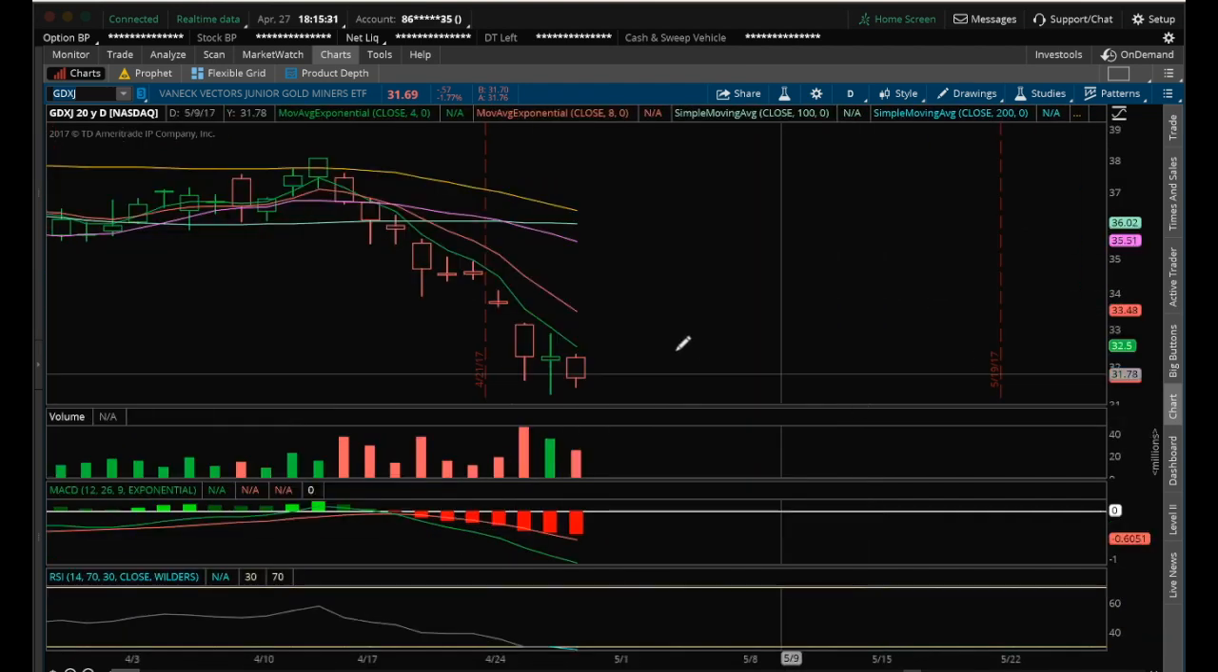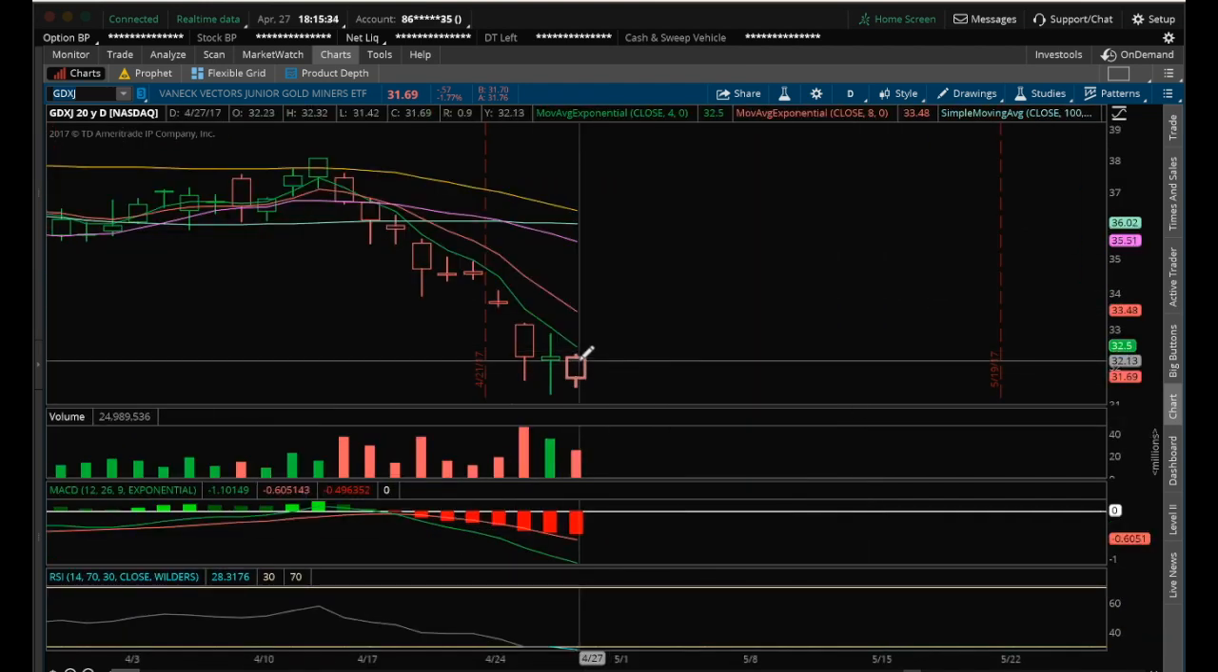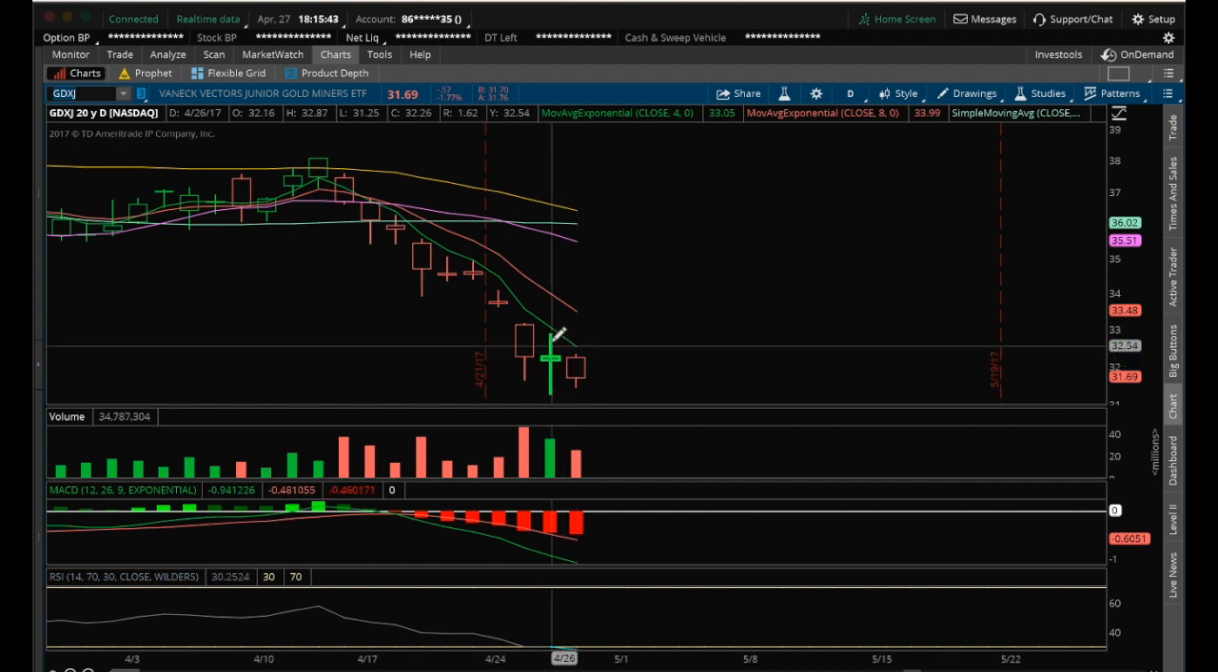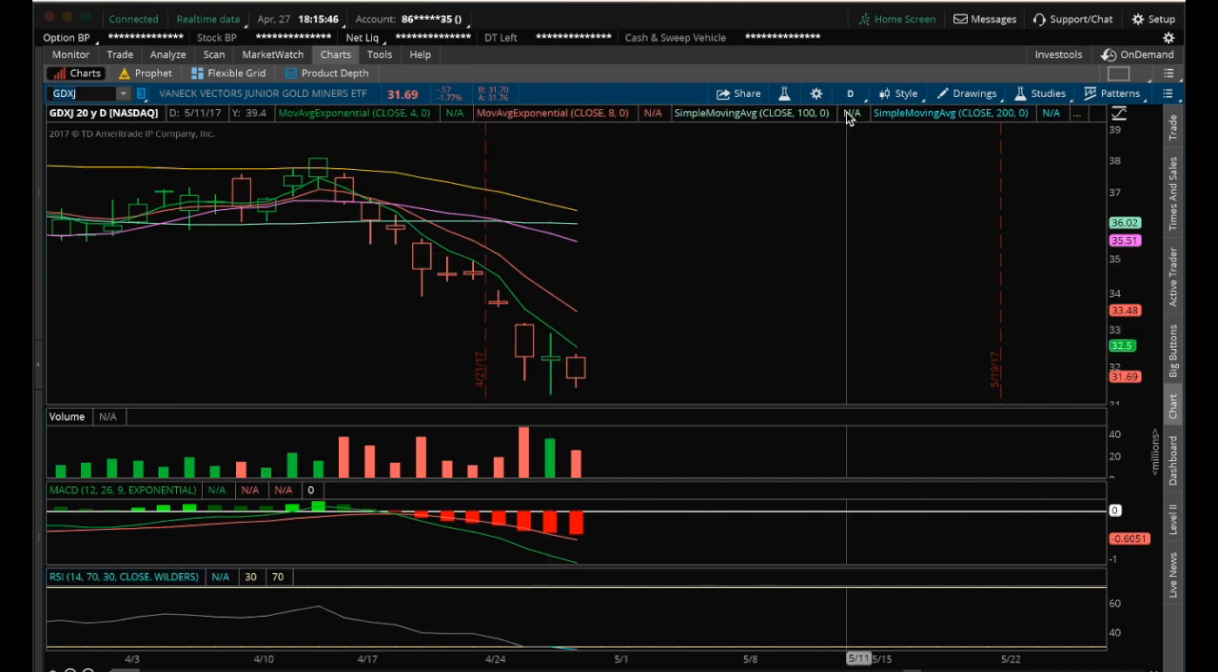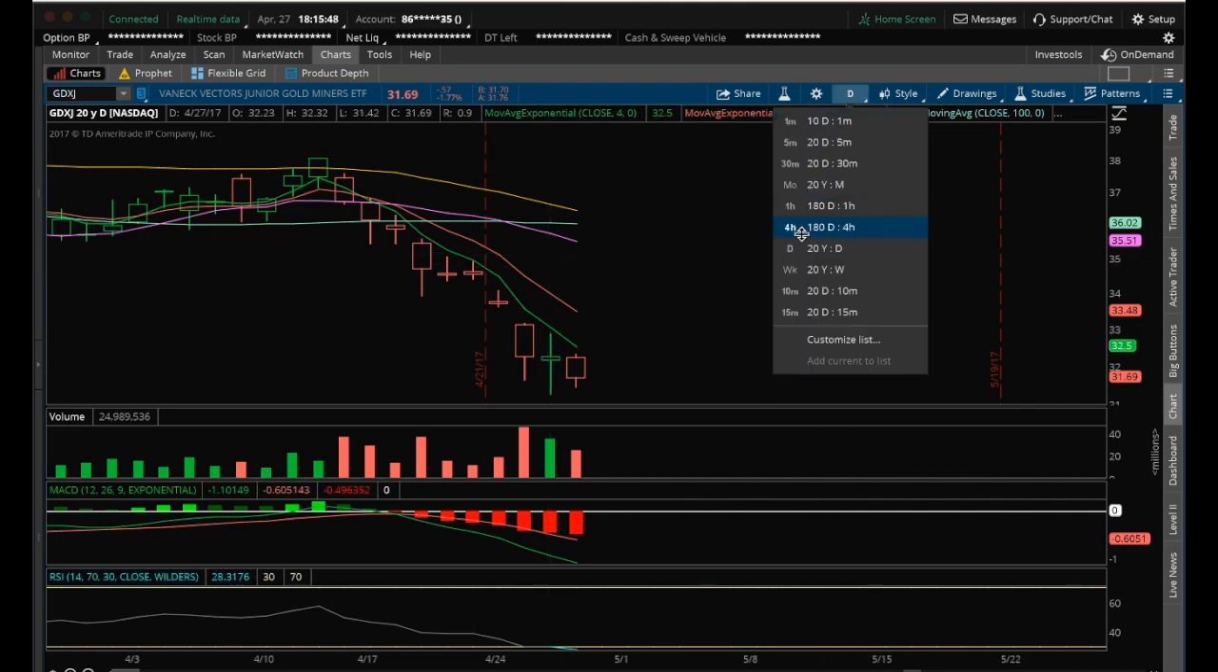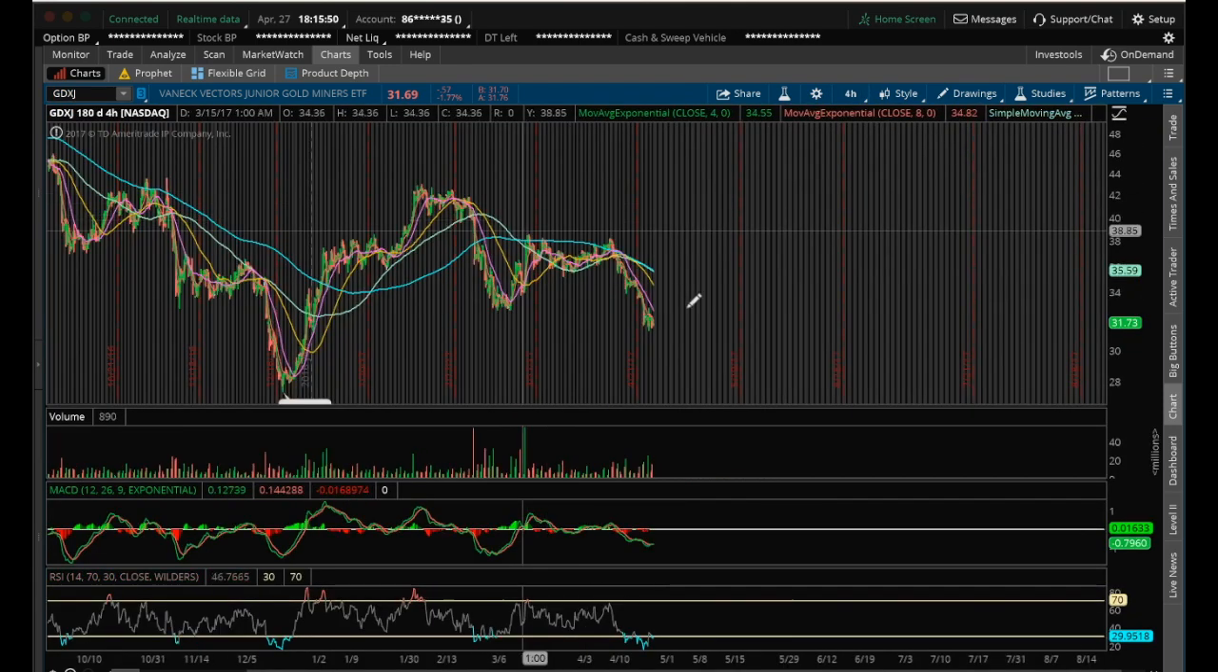GDXJ, we have a bear break if we break the low of 31.42, confirmation with a break below the mother candle of 31.25. Bull break, close above 32.32, and really need to get a close above this high here of 32.87. And on the 4-hour chart here, if you take a look at,